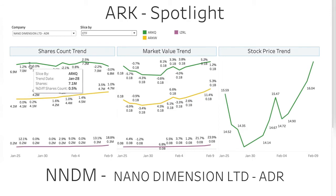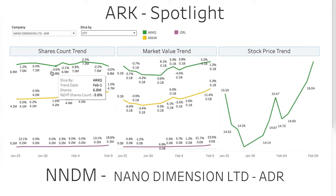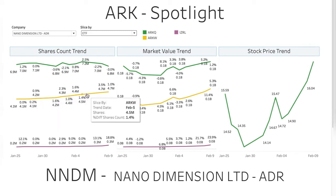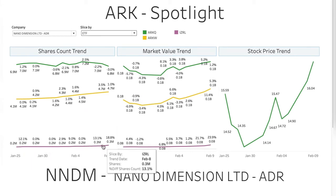ARKQ robotics is the one that has the maximum number of shares, and it has been kind of stable, going up and down a little bit, but not a heavy change anywhere in this line. In ARKW, they have been increasing very slowly, it looks like. And same thing in Israel, very low position. It's a very small position, but at the same time they have been increasing